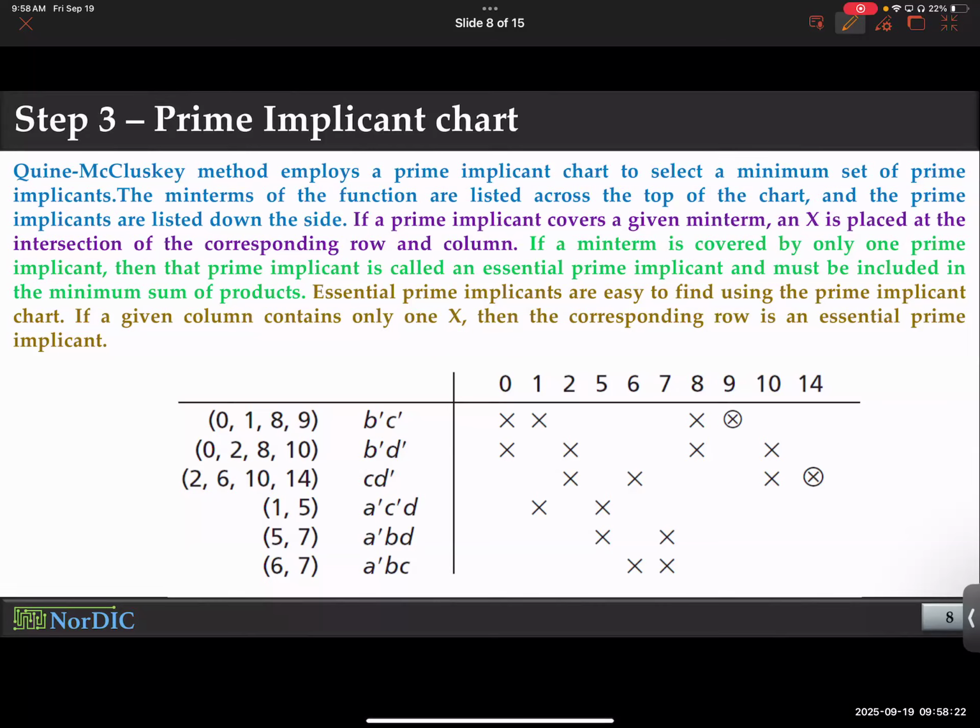Okay, look for an entry that has only one cross in the column, like this. 9 and 14 has only one cross in the column. You see that? So take the row corresponding to the cross. These are your essential prime implicants. Remember, in the K-map format, I told you, if there is a 1 that is only covered by one prime implicant,